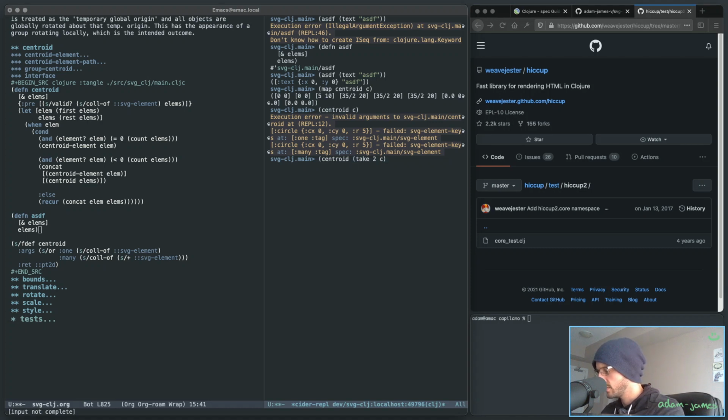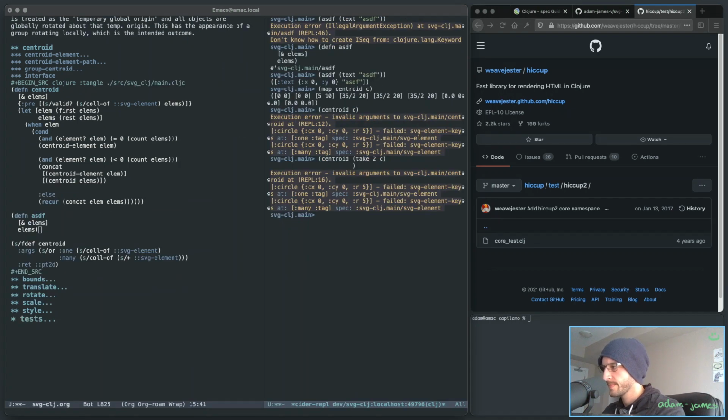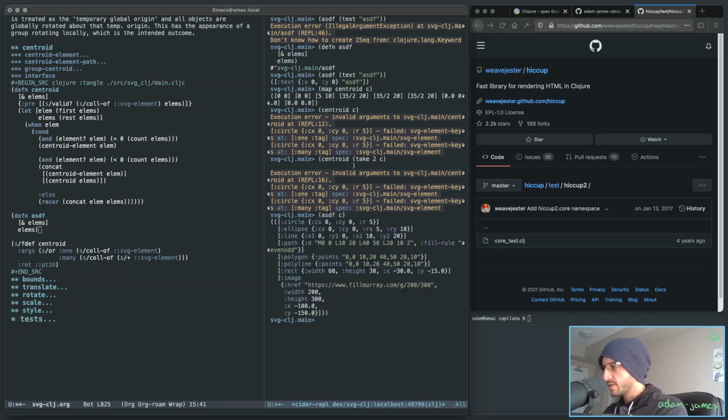Take 2 of C. Right. Okay, so this is going all wonky. Right, so if I do ASDF of C, it's a whole sequence. So it's a sequence of a sequence. Or if I do this, okay, so elements is either,